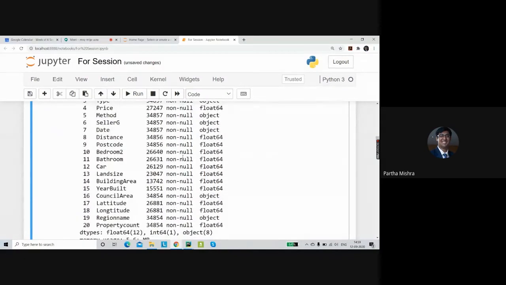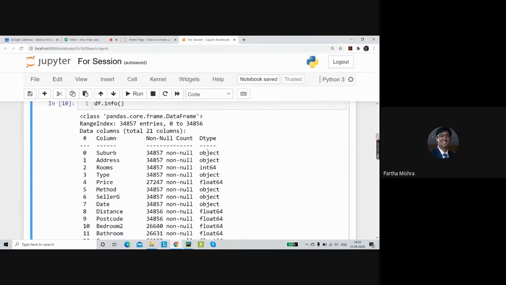So the next step, now that we have an idea about this particular data set, we need to change this object to categories. So for example, if we say that there's this column called suburb, we know there will be different suburbs in this data, whatever area has been selected, those will be few in number. So suburbs can actually be considered as a category instead of simply keeping it as a string.